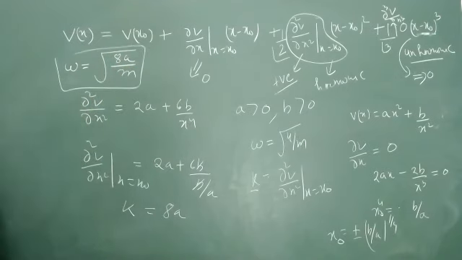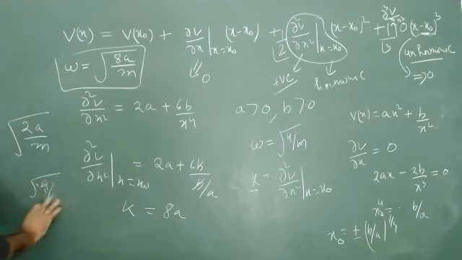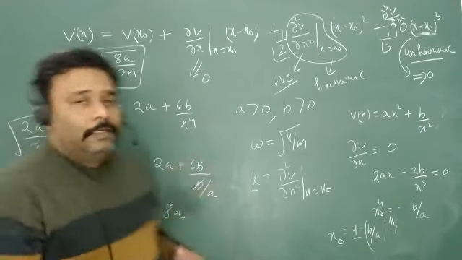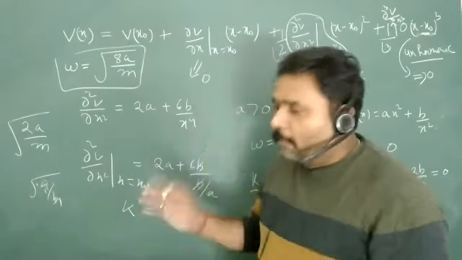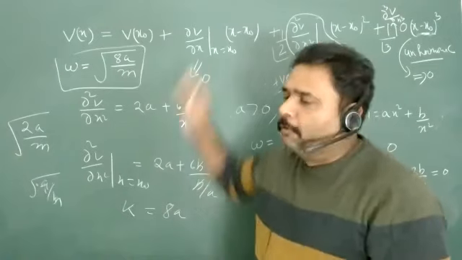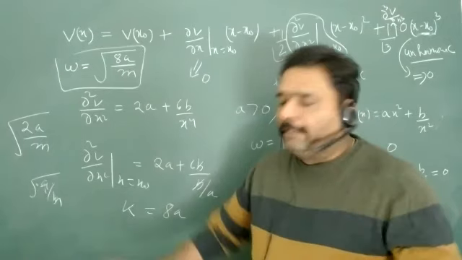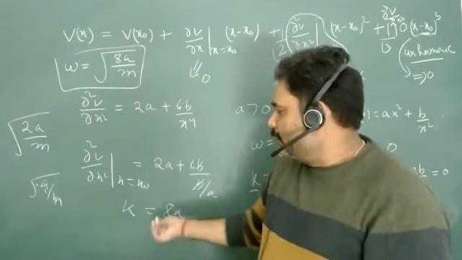Okay. What can the options be in this? The first option will be 2a upon m, the first will be this. The second option can be 4a upon m, something of this type. A lot of people will just do 2a upon m because they will mess up the other terms in the potential. So don't guess the answer, do proper calculation and just give the final answer.